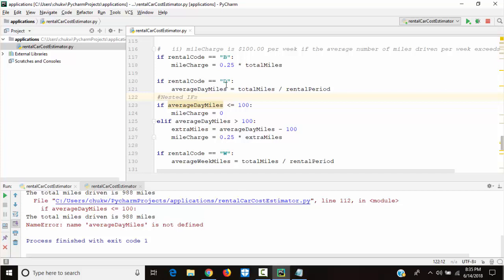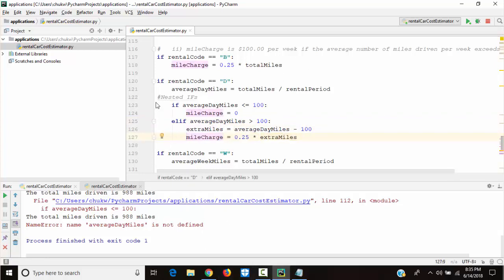Because if rental code is D, this is the average day miles, that's the formula. Then if the average day miles is this, then indent this, then put this here, else do this, then put this here. I think this should work this way. We call this nested ifs.